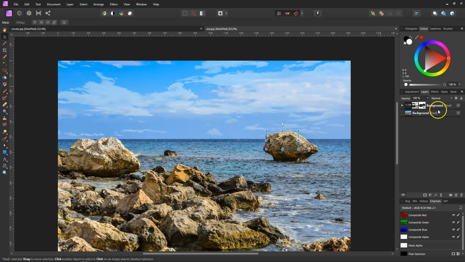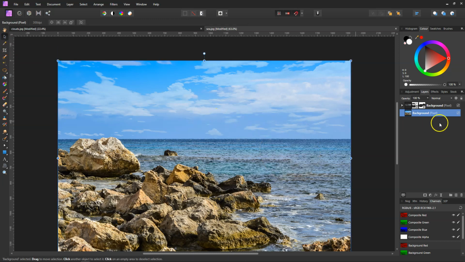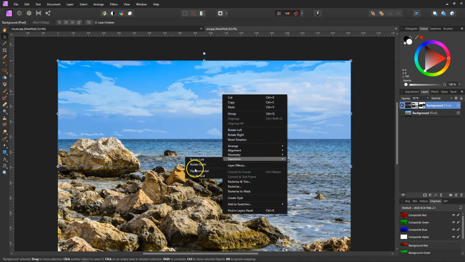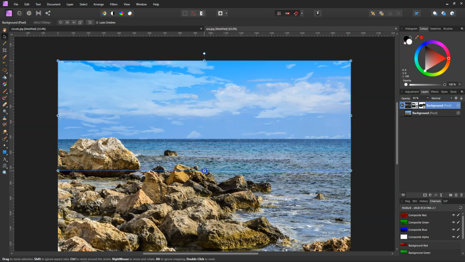Or if you really want to spice things up, we can select the background, get the inpainting brush tool, don't get it that big, shrink it down so it covers the rock, and we'll just paint the rock out, because I know we normally leave that rock in. And then it's just a case of putting the clouds where you want it. If you don't like the clouds that way, we can transform them and flip them that way, then fetch it down a little bit,